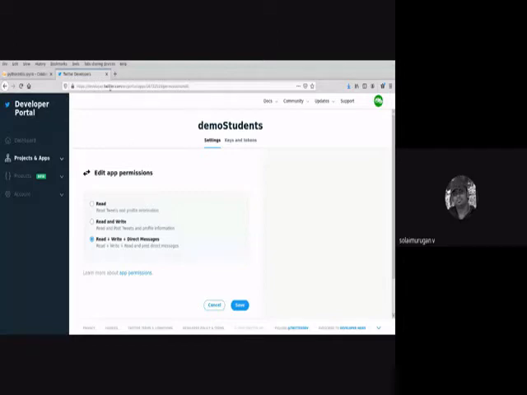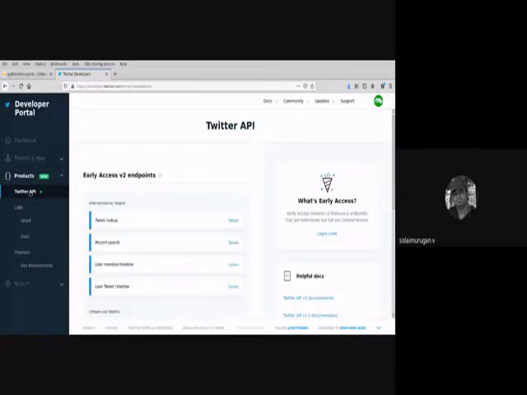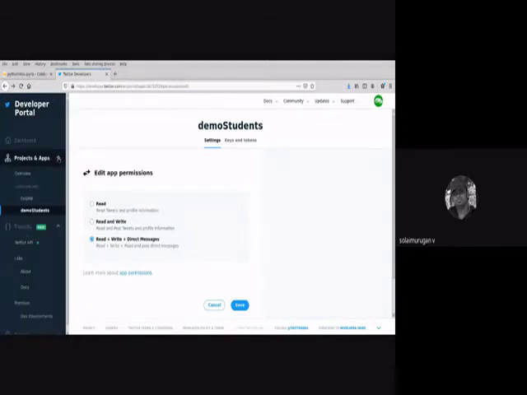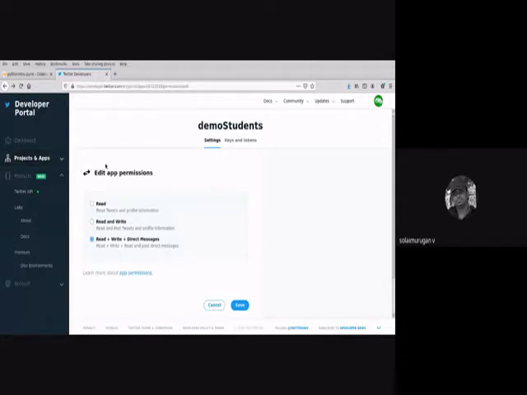The moment you log into developer.twitter.com, on the left side of the panel there is Projects and Apps. Just go there and create a new app. The first step is the name. There will be one text box where you have to enter the name.